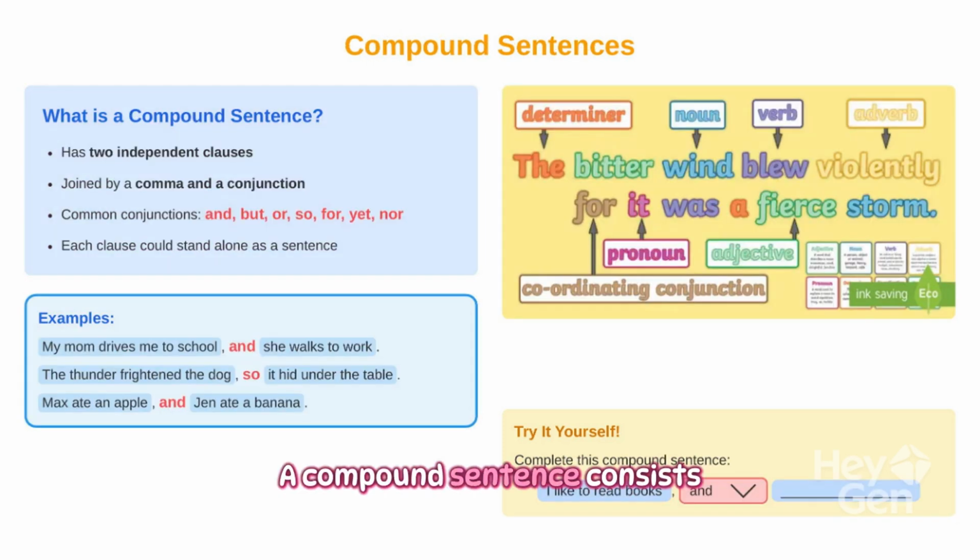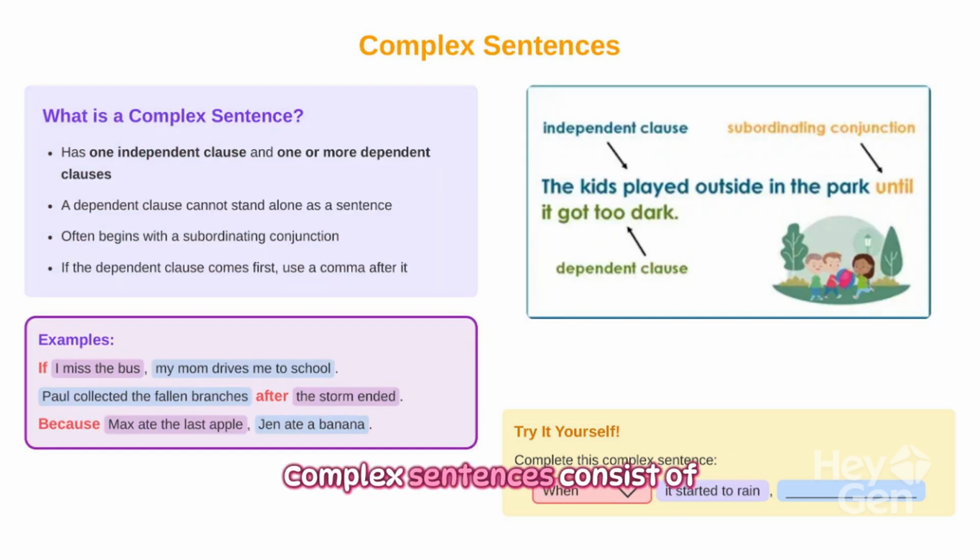A compound sentence consists of two independent clauses joined by a comma and a conjunction like and, but, or so. Each clause can stand alone. For example, my mom drives me to school and she walks to work. Try completing this: I like to read books, and